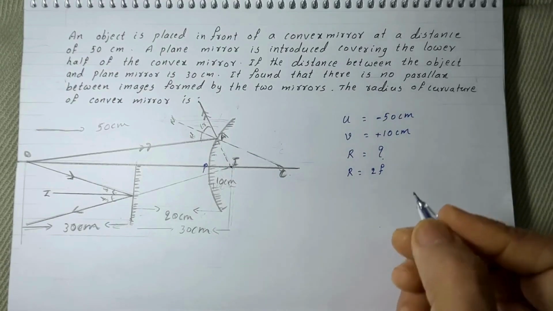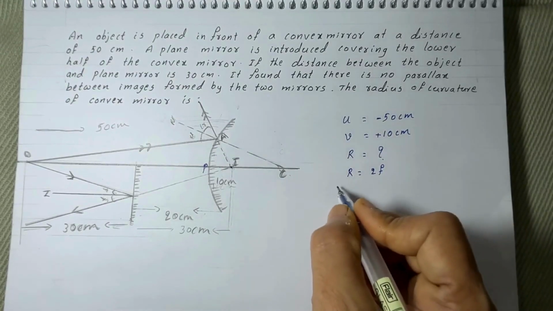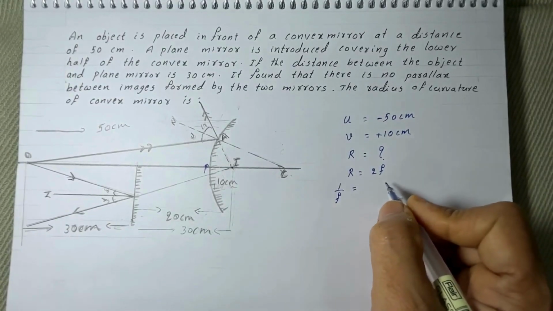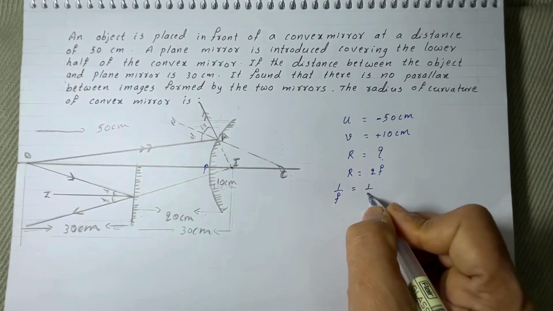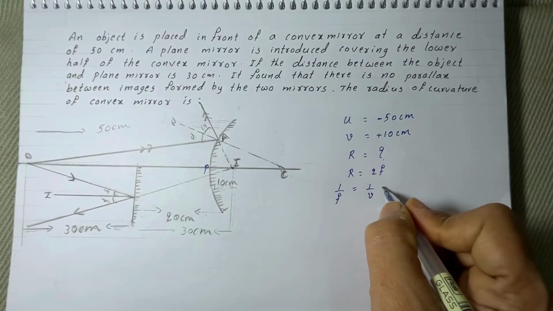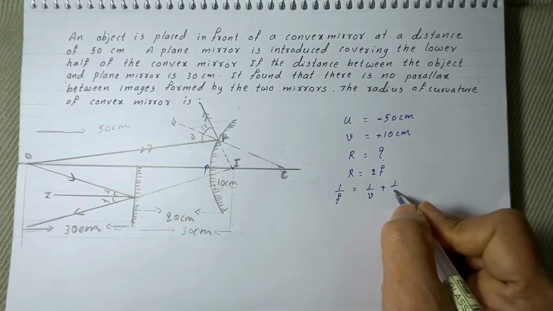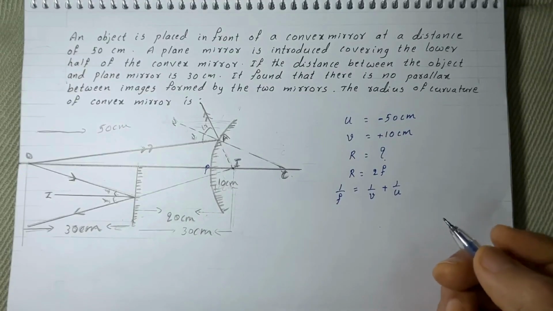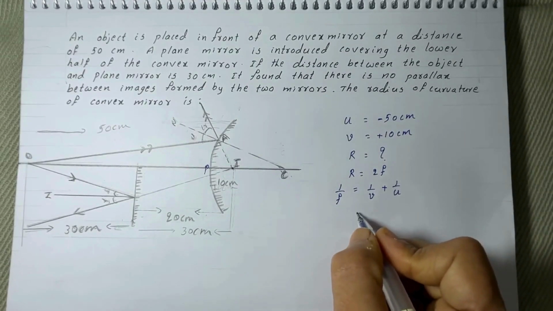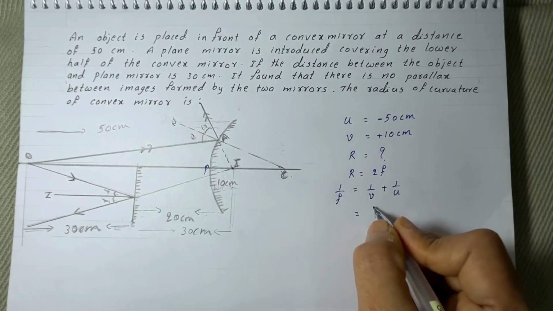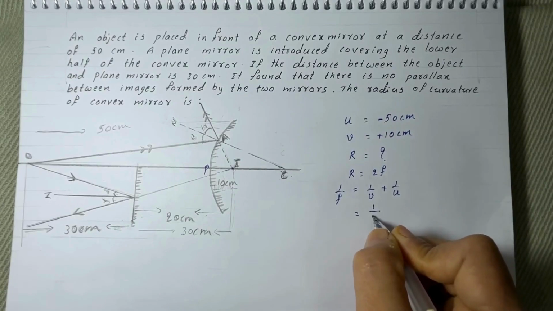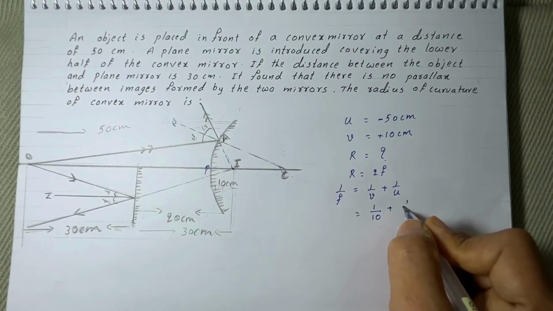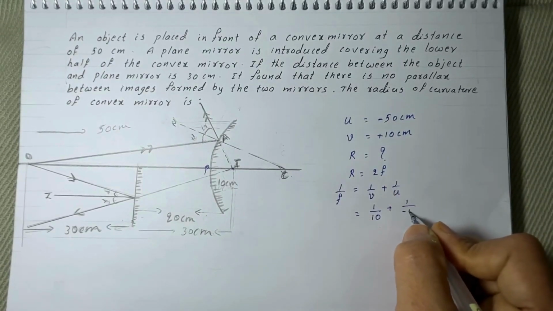To find out the focal length of the convex mirror, we have to use the mirror formula, that is 1 by f is equal to 1 by v, where v is the image distance, plus 1 by u, where u is the object distance. Now substitute the known values in this formula, that is v is equal to 10, so 1 by 10, plus u is minus 50,